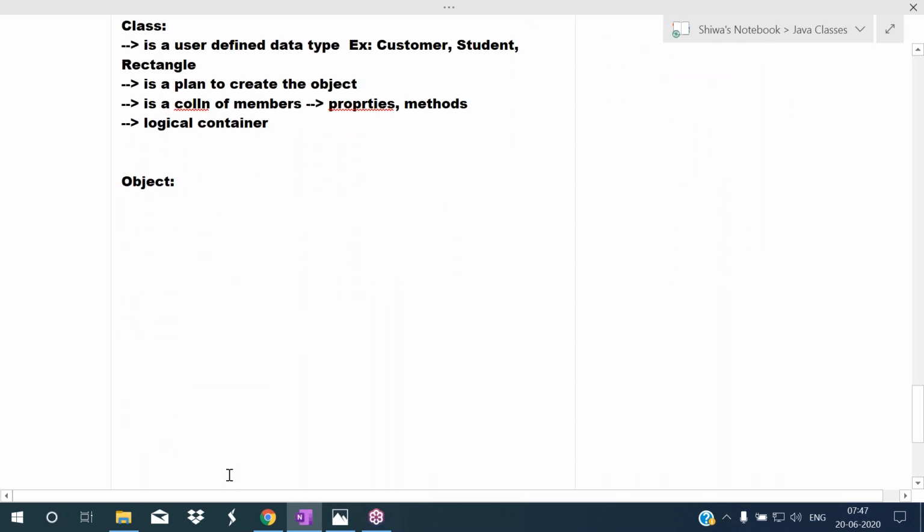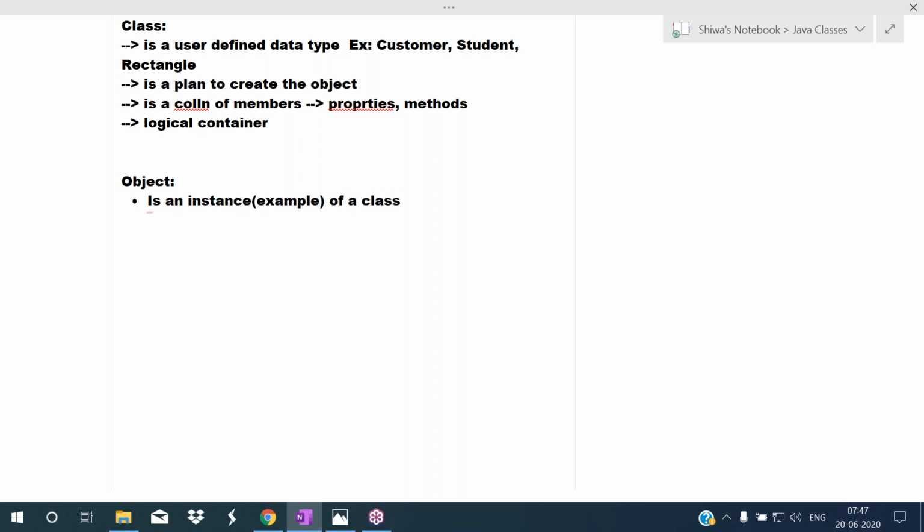So what is an object? Listen. An object is an instance of a class. Here, the general meaning of instance is example. This is an example of a class.